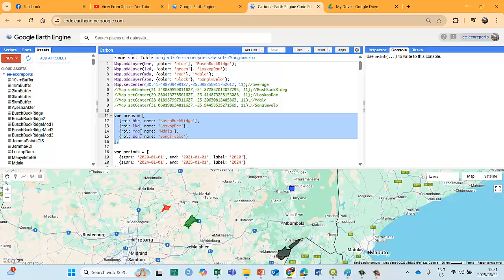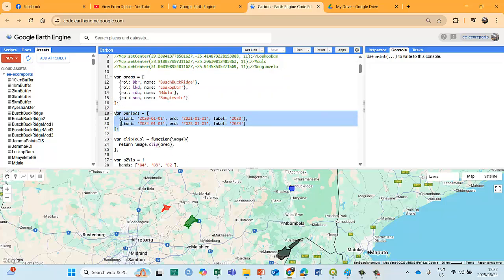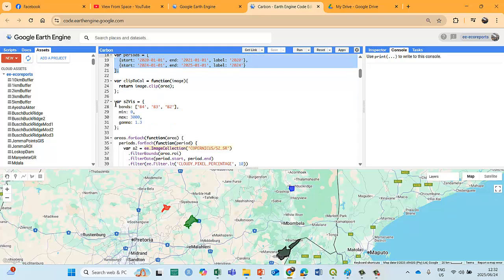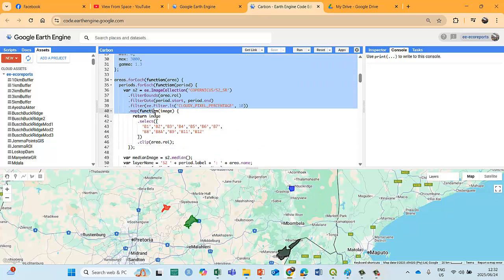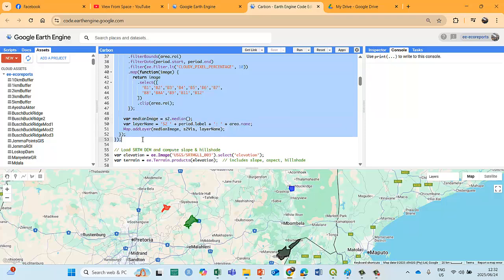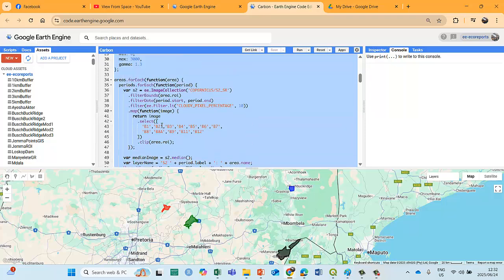One script to rule them all. So it's a looping function. There's my areas, my spatial resolution, and my temporal resolution, and then we've generated a datetime image of each of those 4 reserves, a median for each of them, and we exported it. So we've done that.